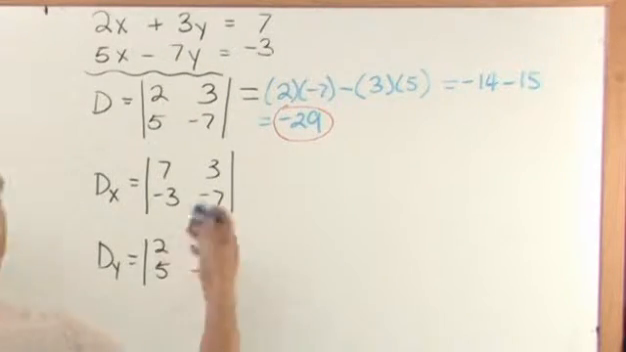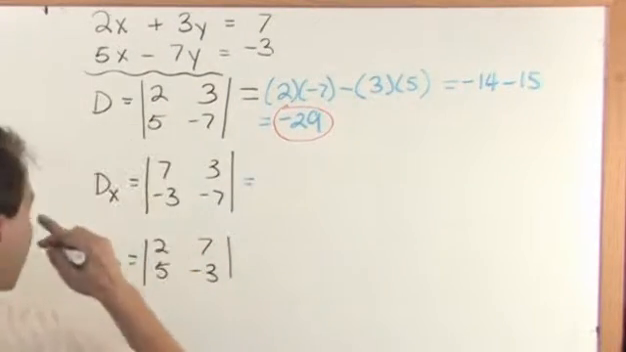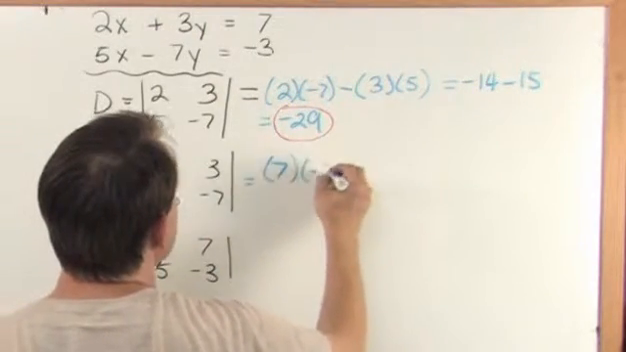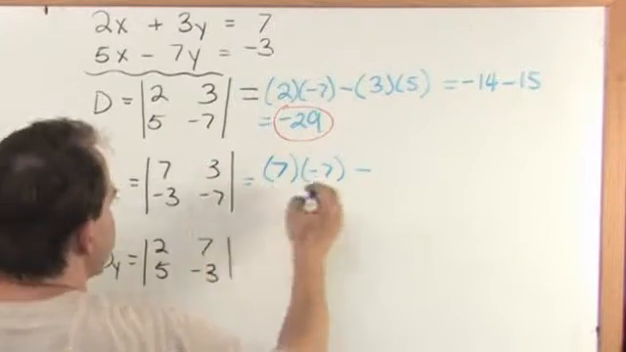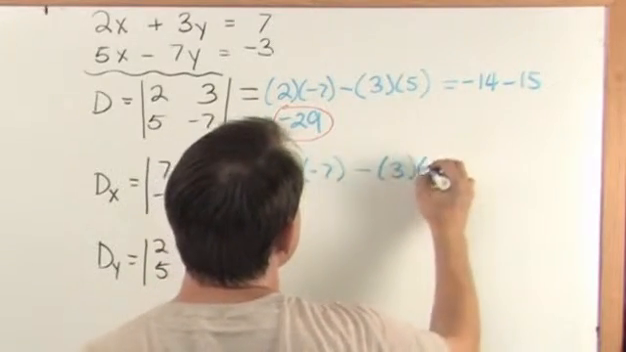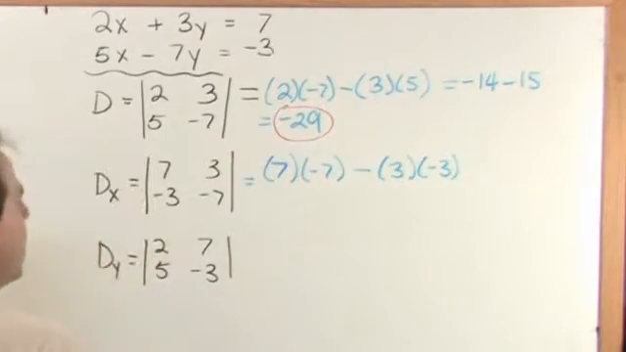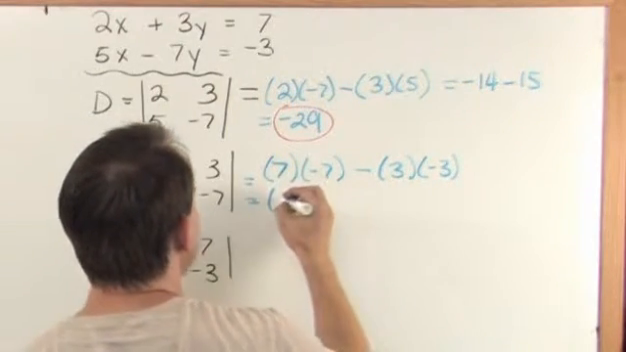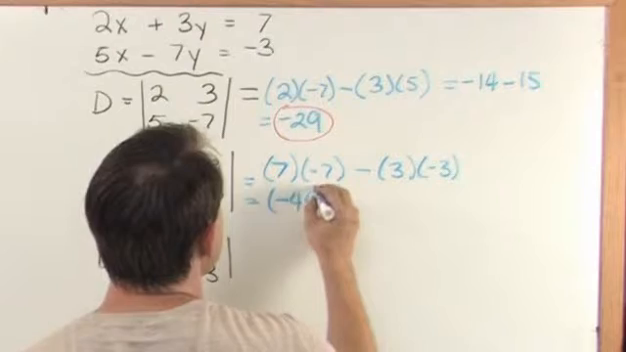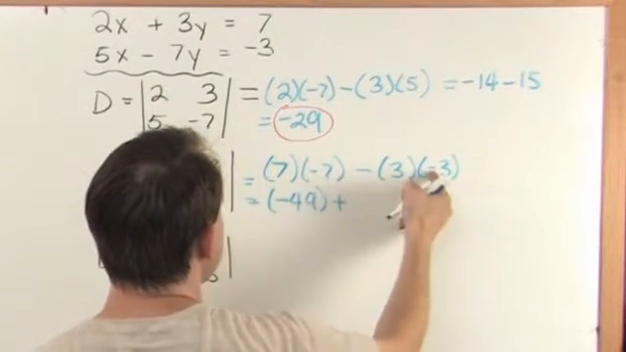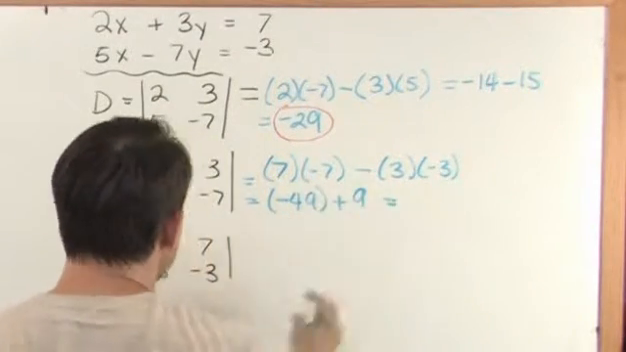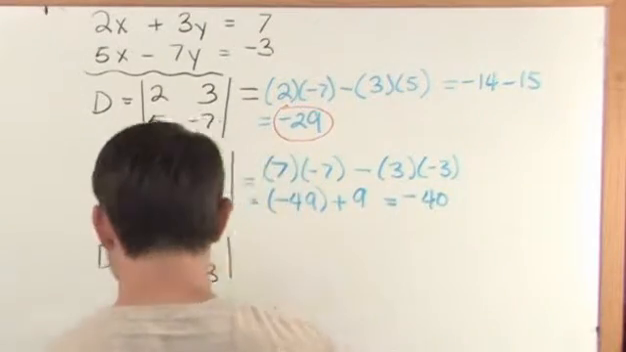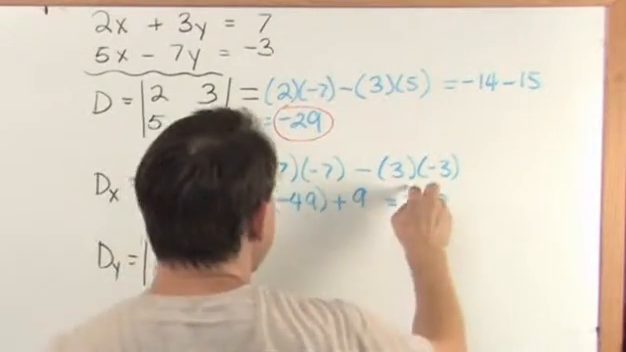Okay? This guy, Dx, to calculate it, going this direction: 7 times negative 7 minus, going this direction, 3 times negative 3. Okay? And finally, doing the math here, 7 times negative 7 is negative 49 plus, because negative times negative is positive, 9. So negative 49 plus 9 is negative 40 right there. And we want to go ahead and circle that because that's going to be important